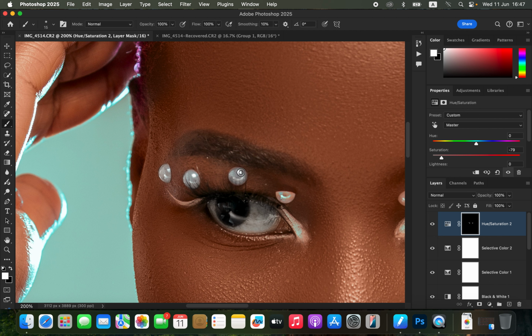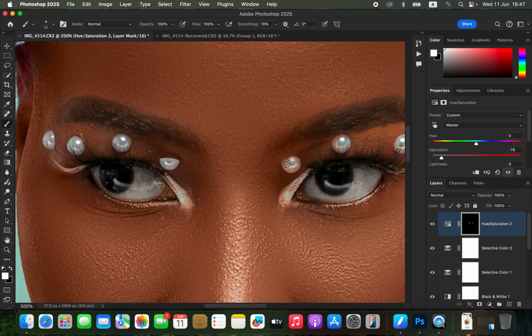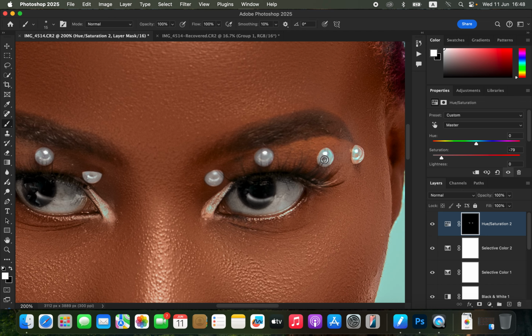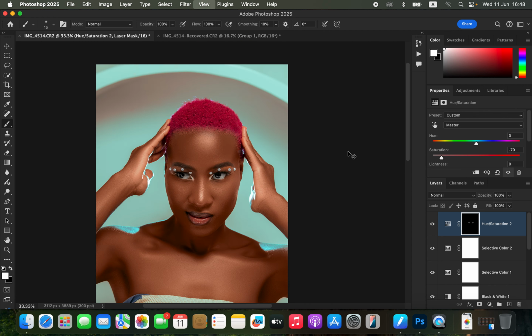So I'll quickly paint on these tiny accessories, and you can see this makes the image look even better than where we started. So color grading is very important when it comes to editing photos and contributes over 70% to the overall look of your photos or to the overall look of your images. So make sure you understand how to do this, and your photograph is going to change to a whole new